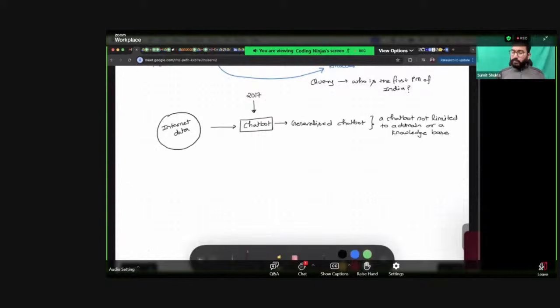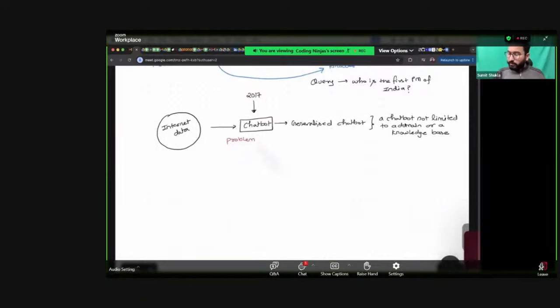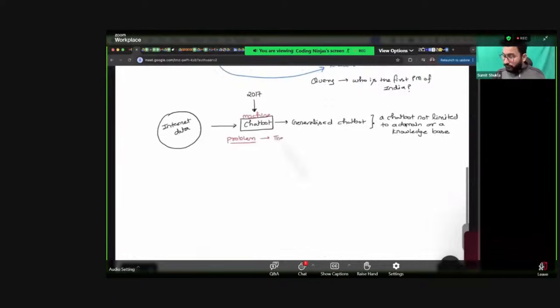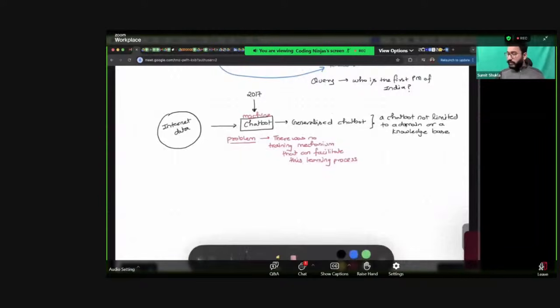But there was a very big problem. The problem was how? Because if they want to train a machine, because a chatbot is a machine, right? This is a mathematical machine. So if they want to train a machine on such a huge amount of data, they need some kind of mechanism, a training mechanism. So the problem was there was no training mechanism that can facilitate this learning process. And that is where in 2017,